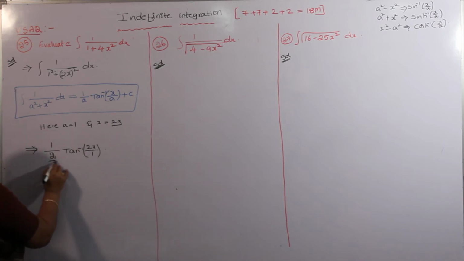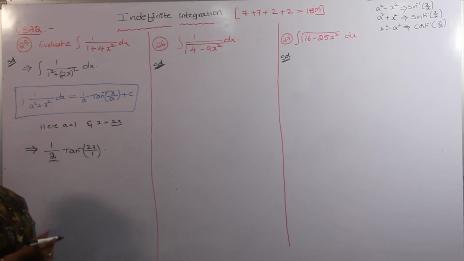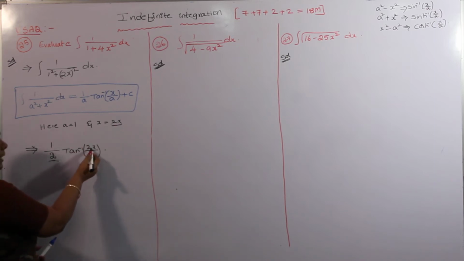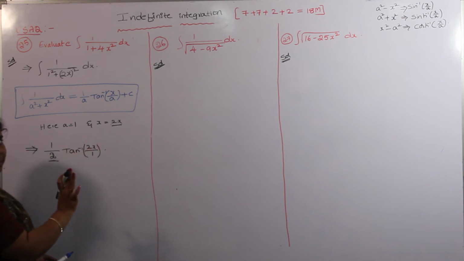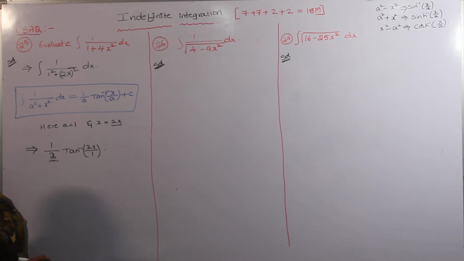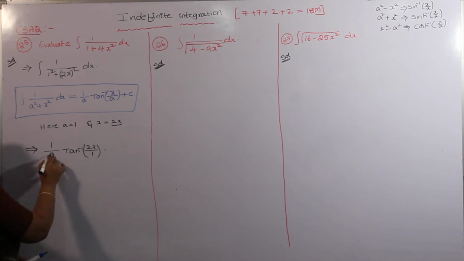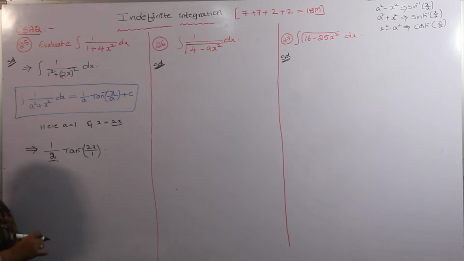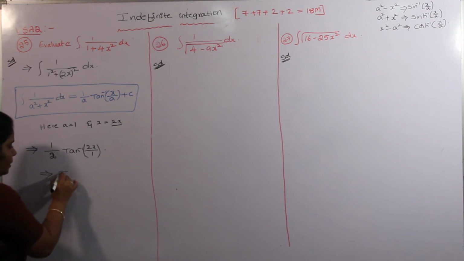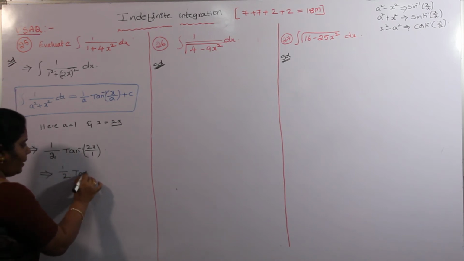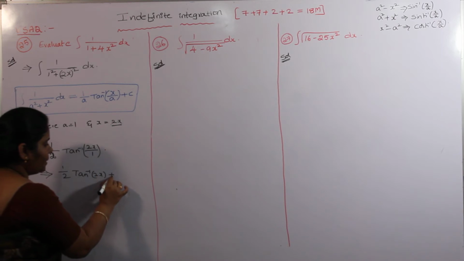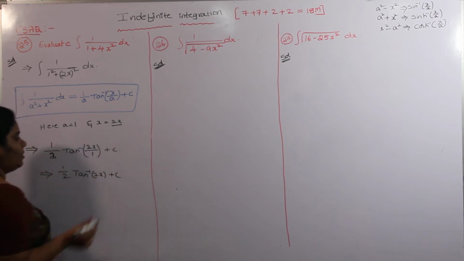What is the 2 here? Differentiation of the 2x. In place of x, suppose we have x, we take it as is directly. But in place of x here we have 2x, so we take the inner differentiation. Inner differentiation of 2x is 2, that can be written in the denominator. In differentiation we write the multiplication form, but this is integration, so we write the division form. 1 by 2 into tan inverse 2x plus c. After the integration we add the integral constant.